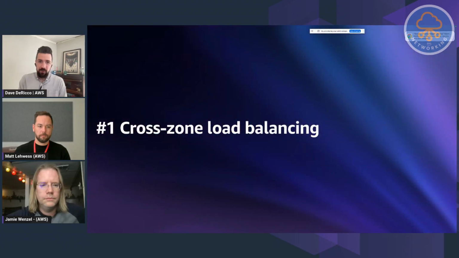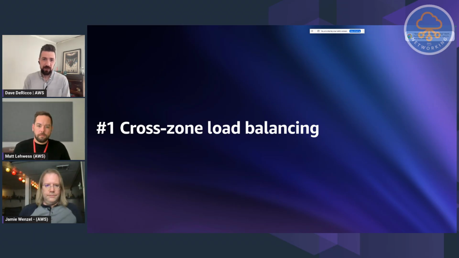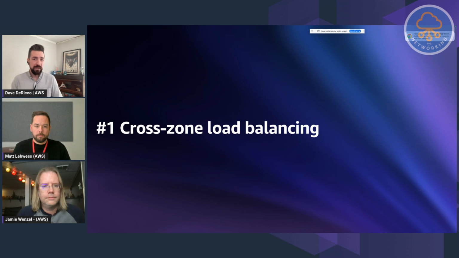So, common culprits. Some folks have already called out NAT gateway. We'll come to that one. I think there's a good excuse for NAT gateway, but there are also some opportunities there. But cross-zone load balancing, this is something that I think people turn on sometimes without really understanding the cost